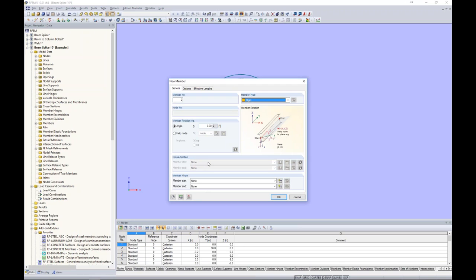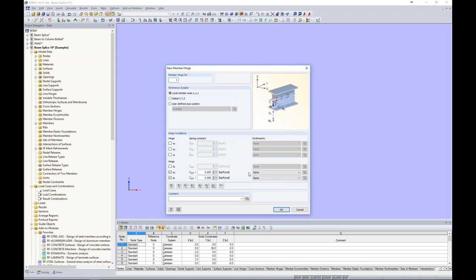That's because for a rigid link, the stiffness is set to an infinitely high number, a very, very high number. So the cross section is really irrelevant here. It's really treated as a coupling member. But what we can do is adjust the member hinges. So when I create a new member hinge, you'll notice I have my 6 degrees of freedom, translation and rotation,